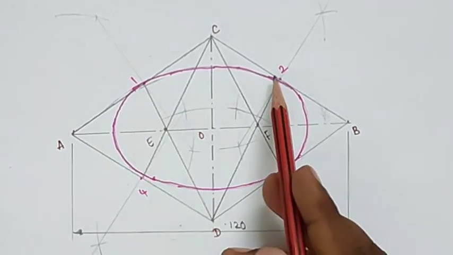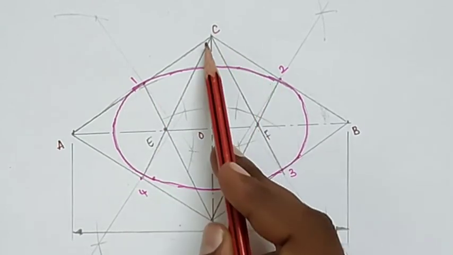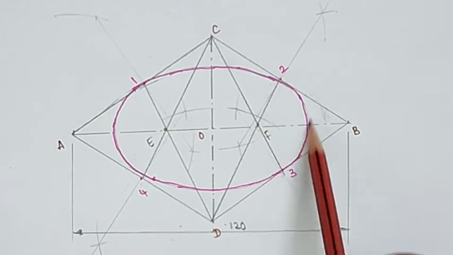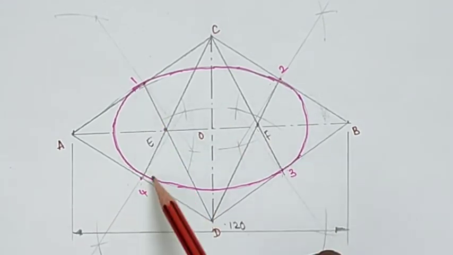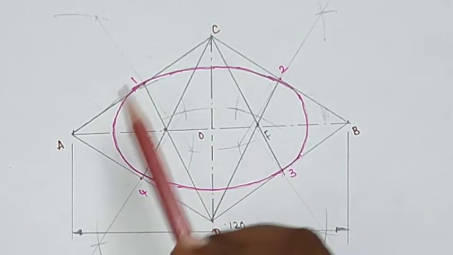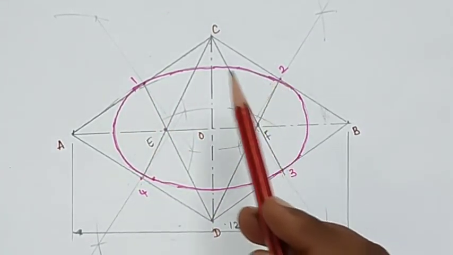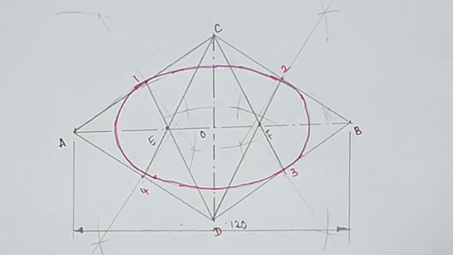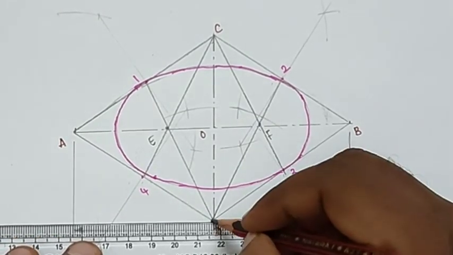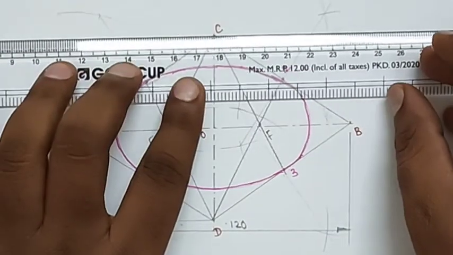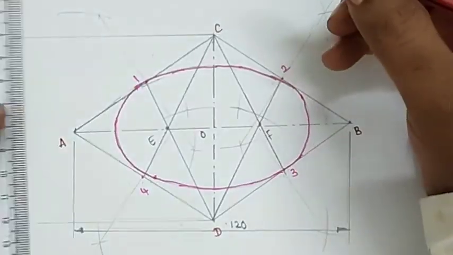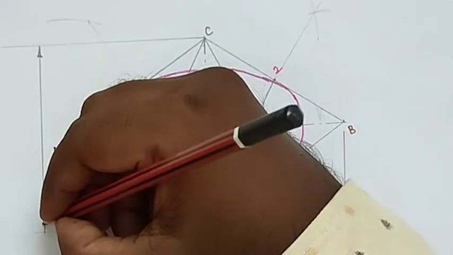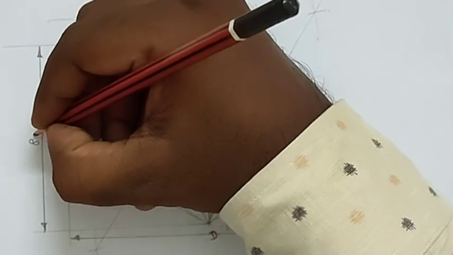Taking D as center and D1 or D2 as the radius, draw a large arc. With C as center and C4 as the radius, draw a large arc. With F as center and F2 or F3 as the radius, draw the arc. With E as center and E1 or E4 as the radius, draw the arc. Join those 4 arcs neatly with a curve and we will obtain an ellipse. This is the rhombus method. These are the different methods for constructing an ellipse. After that we will give the dimensioning like that. This is 80 mm.